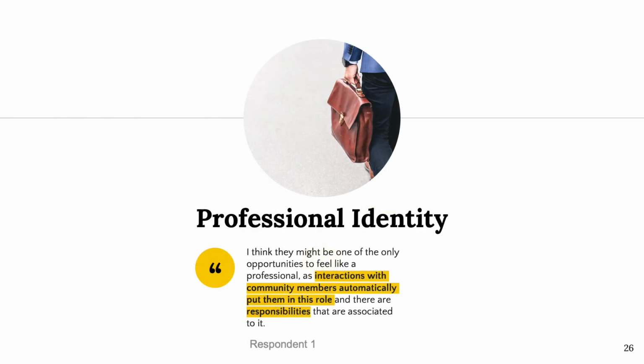According to Lave and Wagner, identity is not a fixed or predetermined characteristic of an individual, but rather an emergent property of their participation in social contexts. As individuals engage in and contribute to a community of practice, they develop a sense of belonging and identity that is shaped by their experiences and interactions within that community. In this sense, identity is seen as a dynamic and fluid aspect of social participation rather than a static characteristic of an individual.